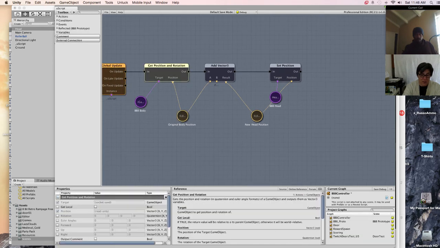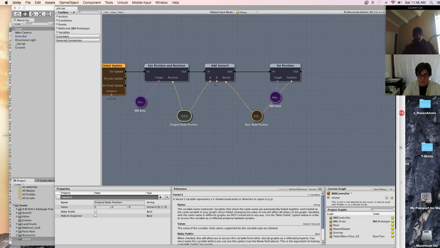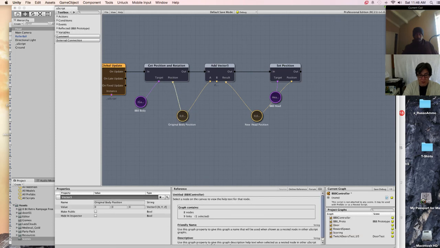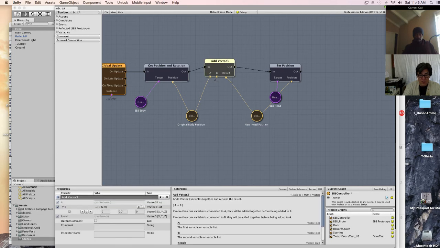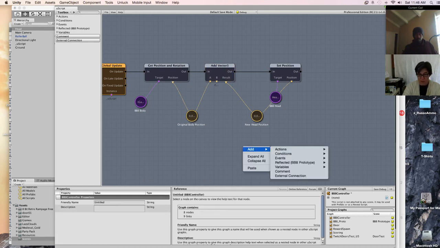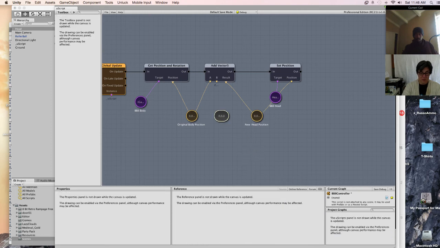Okay. On update, get the position of the body. What is that as a vector 3? This is an arrow pointing out. Then next we will add to that vector value, and here I did it down here as a y. Here, I'll do it so we can see it, and we don't have to look into the inspector.